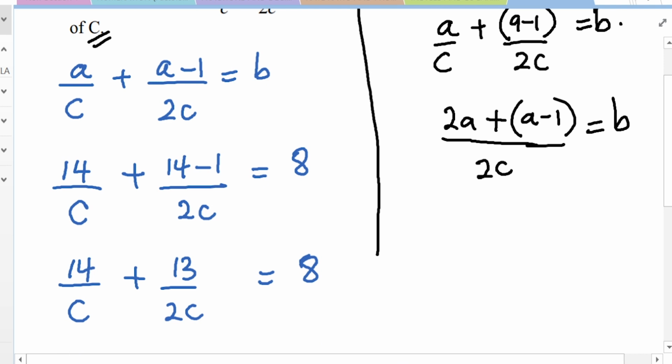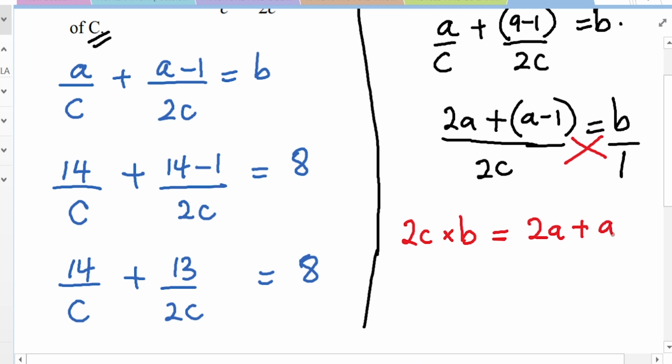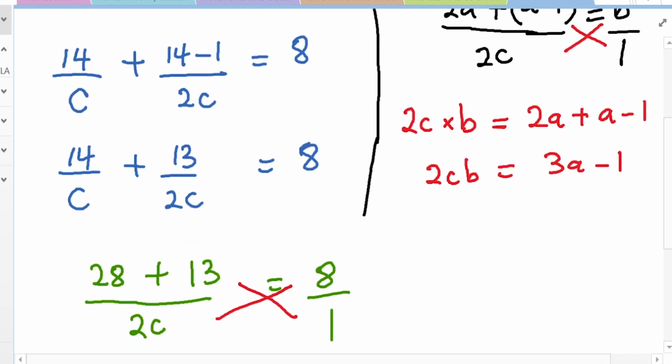Then from there again, we cross multiply, and this is going to turn out into being 2A. This is over 1. So when we cross multiply like that, this becomes 2C times B, giving us 2A plus the A minus the 1. So that's going to be 3A minus 1 giving us 2CB. Since we are interested in just finding the value of C, we divide both sides